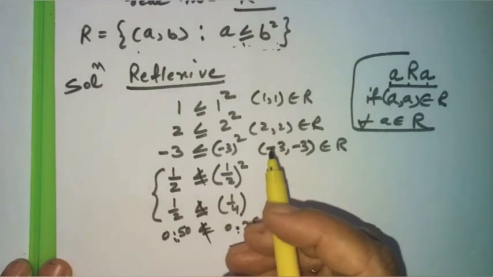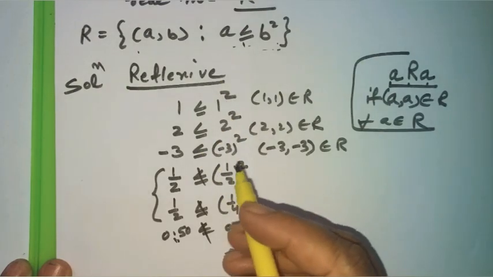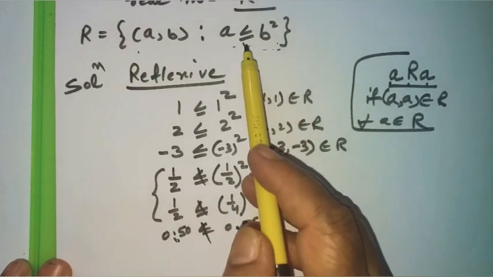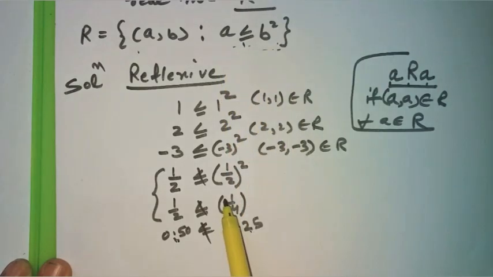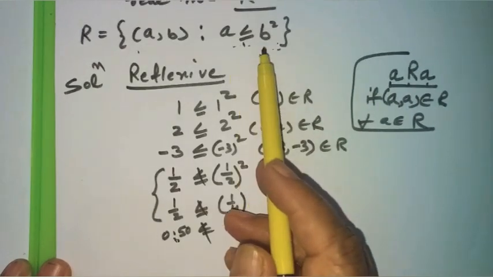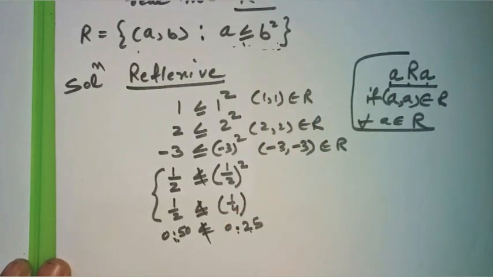In case of disprove, in case when it is not followed, it is enough to give even one example. If you are able to get one example in contrary to it, it is enough to show that the given relation is not reflexive. So we have two ways. If we have to prove the relation is reflexive or symmetric or transitive, then we are going to give a general proof. And if we are going to disprove, that means it is not reflexive or not symmetric or not transitive, in that case we have to just give an example. For proving we have to do the general proof, and for disproving we have to give the example in contrary.